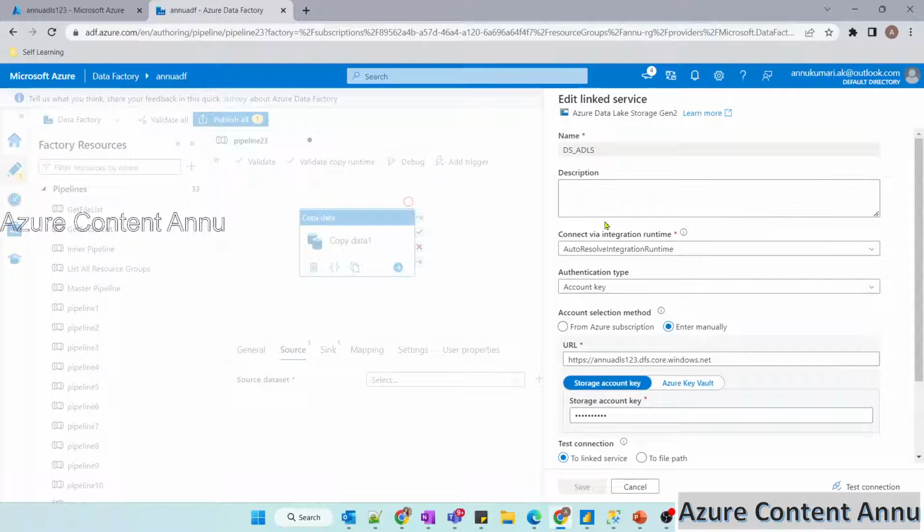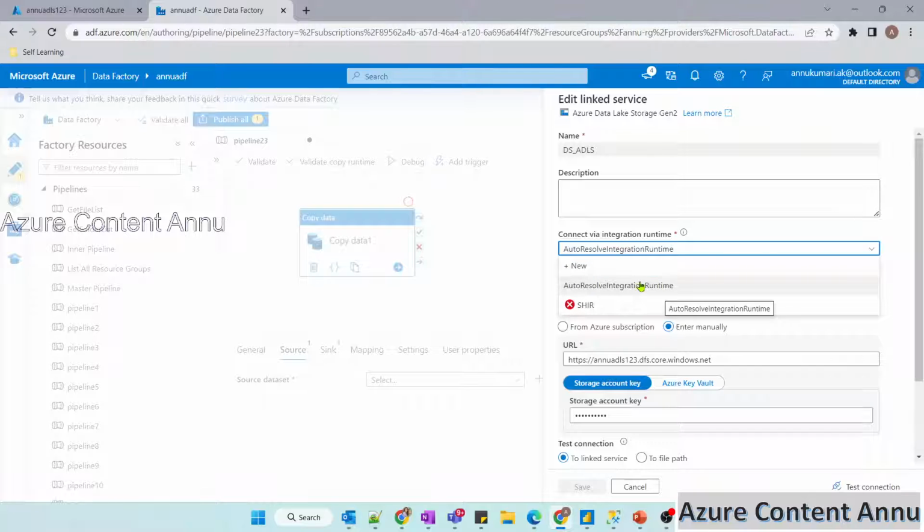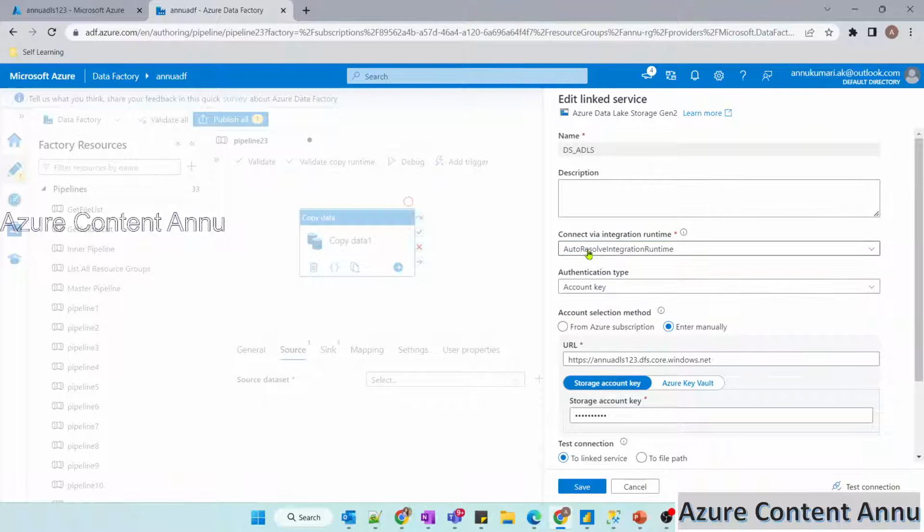Inside this linked service, you can see there's something called connect via integration runtime. This is the place where you need to select the integration runtime, which is the actual engine or compute infrastructure that will perform the copy task. Here we select either Auto Resolve Integration Runtime, or you can create your own self-hosted integration runtime.